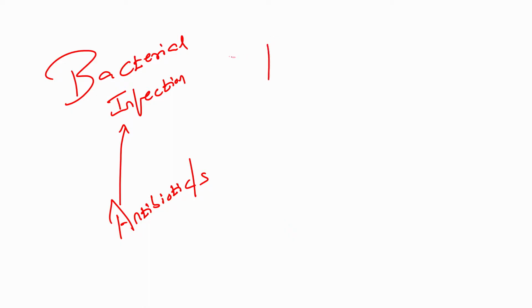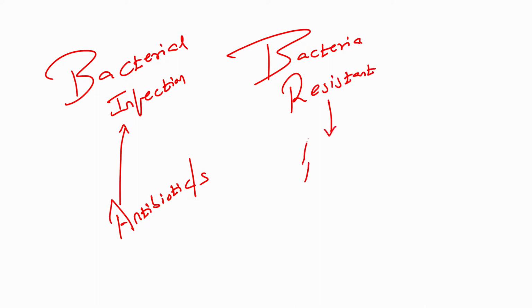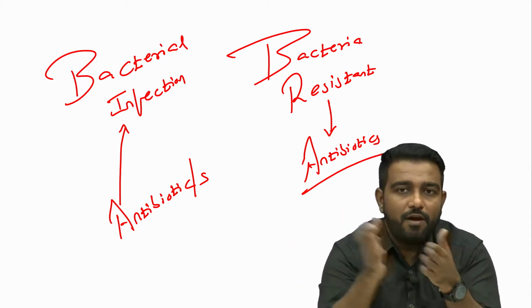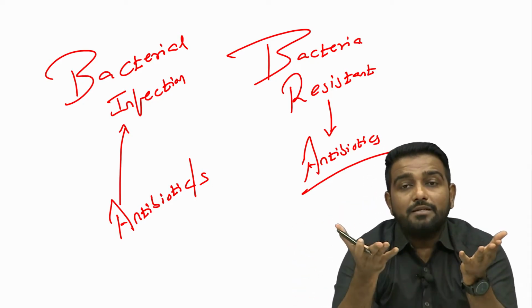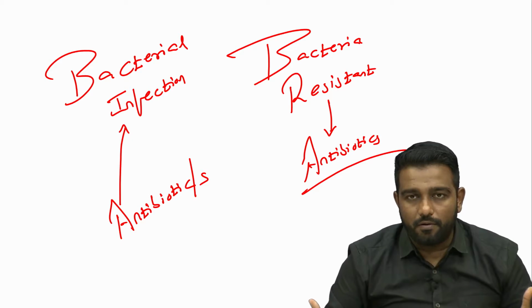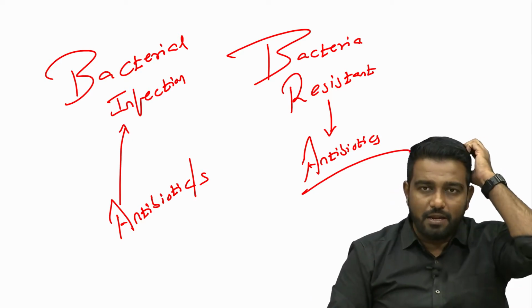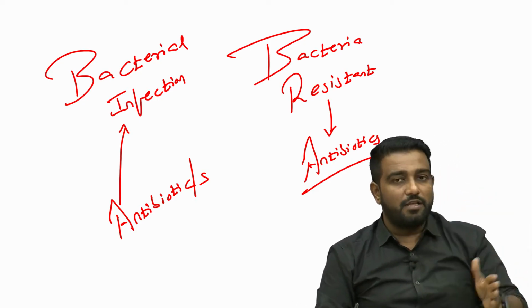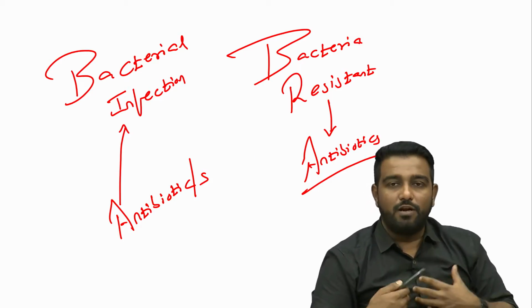Now, recently bacteria started showing resistance to the antibiotics. That means, if a person has a bacterial infection and we give an antibiotic, which is a drug, to kill the bacteria, and the bacteria are resistant to this antibiotic, how can the person be cured? The person cannot be cured, right. So, which antibiotic the bacteria are resistant to, and which antibiotic the bacteria are susceptible to, we need to understand.